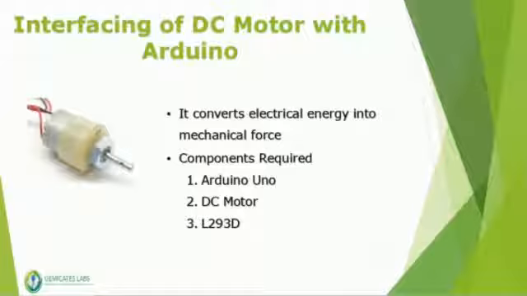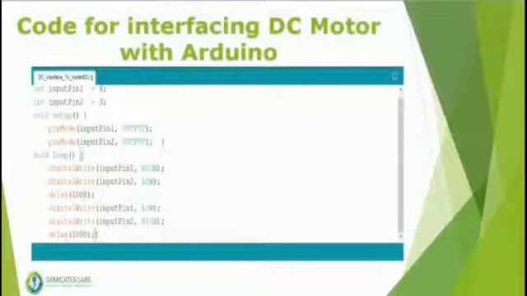Here input pin 1 is assigned with 4 and input pin 2 is assigned with 3, which means the IN1 pin of L293D is connected to pin 4 of Arduino and the IN2 pin of L293D is connected to pin 3. In void setup, we have made input pin 1 and input pin 2 behave as outputs using the pinMode function. Coming to void loop, we have made input pin 1 high and input pin 2 low